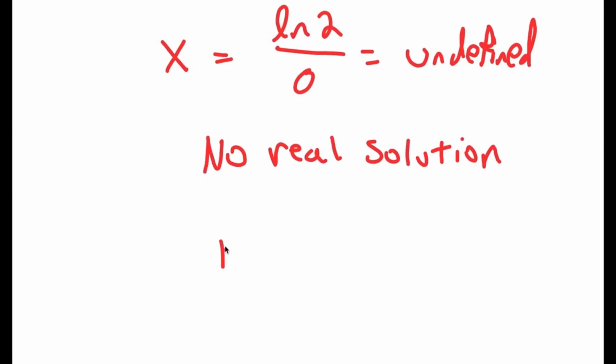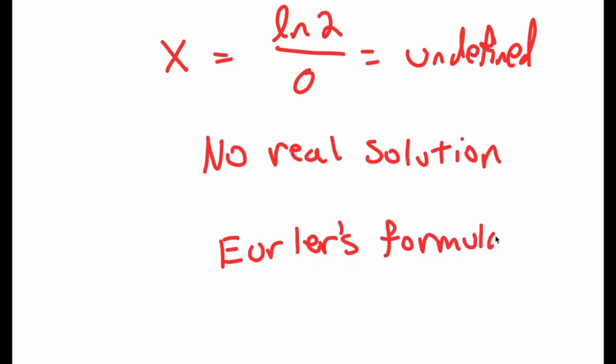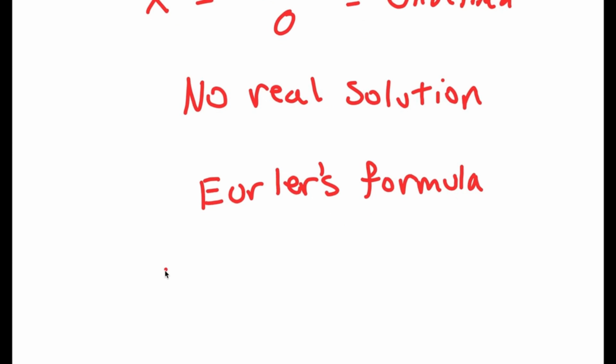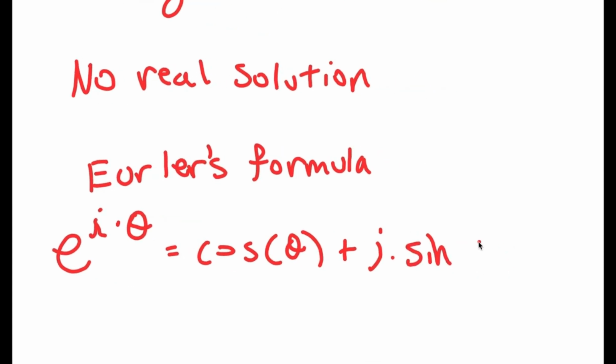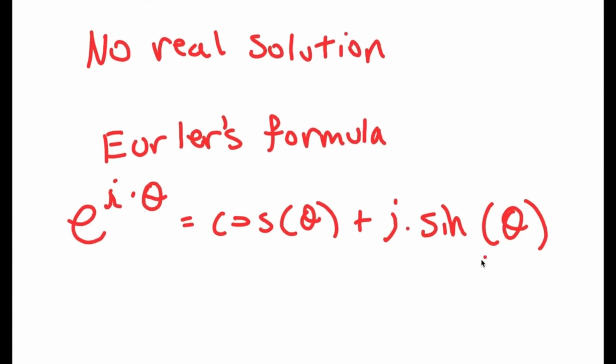So to actually solve this, I'm going to use something known as Euler's formula. And basically what this formula is, if I have something in the form e to the power of i times theta, this is equal to cosine of theta plus i times sine of theta. And I know to many of you watching this video, this may just sound like a bunch of gibberish, but